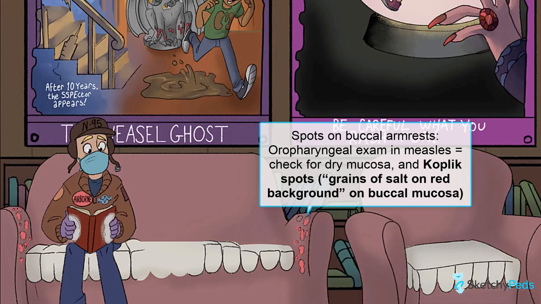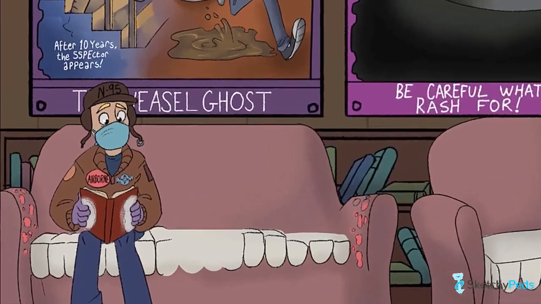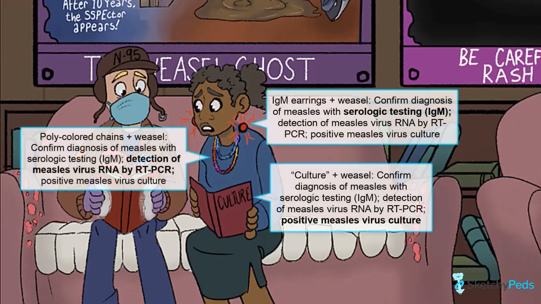You will also want to conduct ear, lung, and neurological exams to identify any complications such as otitis media, pneumonia, and encephalitis. Despite these unique findings, a diagnosis of measles requires a few different lab tests that are represented on the pilot's frightened friend. These tests include a positive serologic test for serum measles IgM antibodies, see her stylish IgM earrings, the detection of measles RNA with PCR, see her poly-colored chain necklace, and the isolation of measles virus in